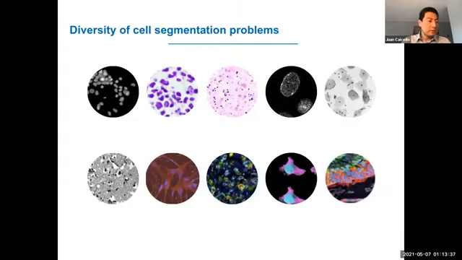So the problem of cell segmentation consists of identifying where single cells are in images. And there are many ways in which you can achieve that, but the diversity of microscopy images that biologists capture is also pretty wide. So if you go and look at the literature, for each image type, you can find one specialized segmentation algorithm, which is kind of